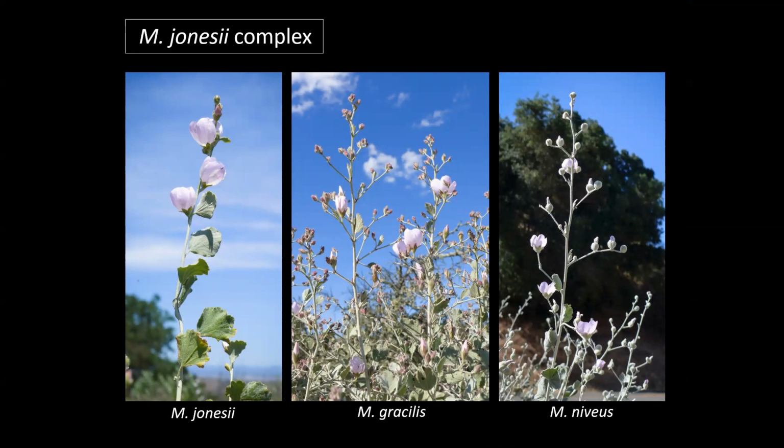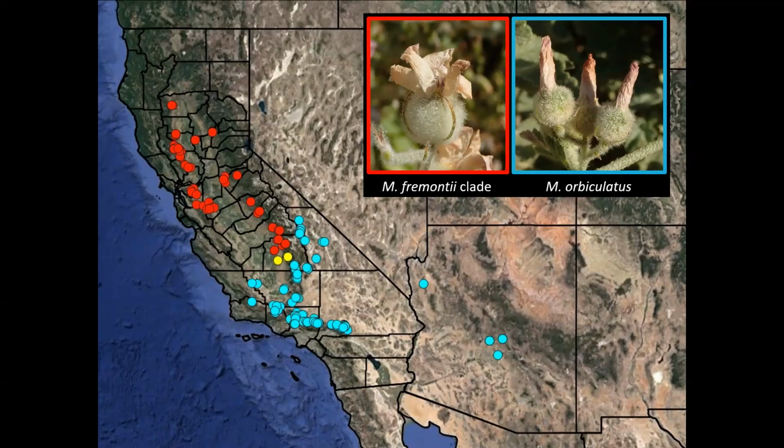The others can occasionally have spike-like inflorescences, but in those cases, there should be plants with panicle-like inflorescences growing nearby. A major point of confusion in the genus is Malacothamnus orbiculatus. Bates considered this part of the Malacothamnus fremontii, but both Kearney and Slaughter treated orbiculatus as a separate species, which